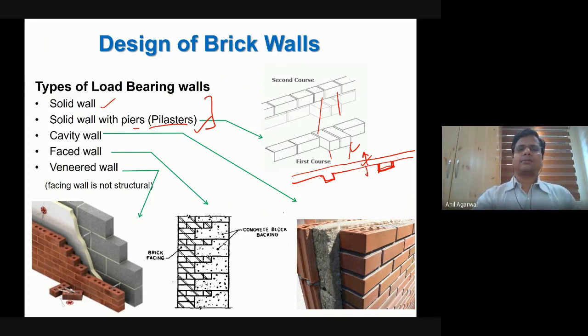Then there are three other types of walls that I mentioned here. One is cavity wall. In the cavity wall, basically what you have is two solid walls. You may have two solid independent walls, but there is a small gap left in between. So the two walls are serving the purpose of a single wall, but these are made of two independent walls. And you leave some gap in between. Sometimes you can leave that gap open without filling anything. Sometimes you can fill it with some kind of a material.